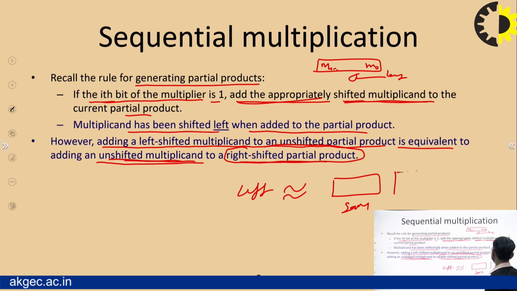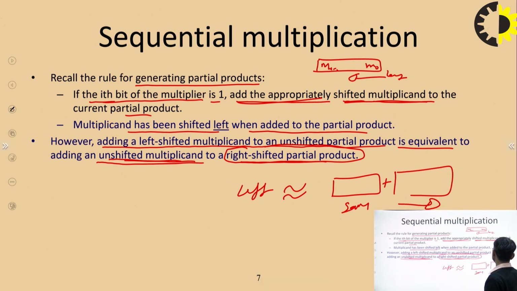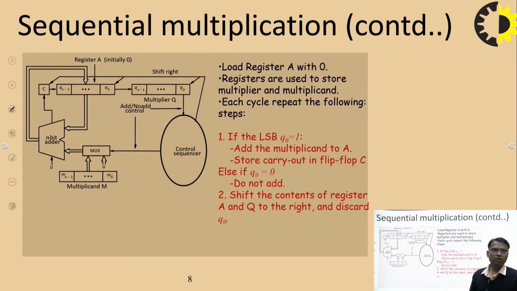So, the partial product is added by shifting right by 1 bit. It is the same: either we fix the partial product and add with the shifted multiplicand, or we can do another approach. Instead of shifting the multiplicand left, we can keep the multiplicand at the same location and add it with the partial product by shifting that right, fine. So, this approach is proposed, that is sequential multiplication using 2 registers, and these are the shift